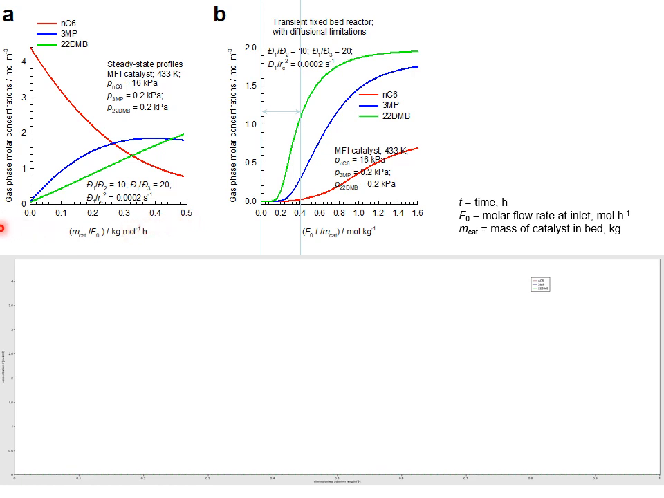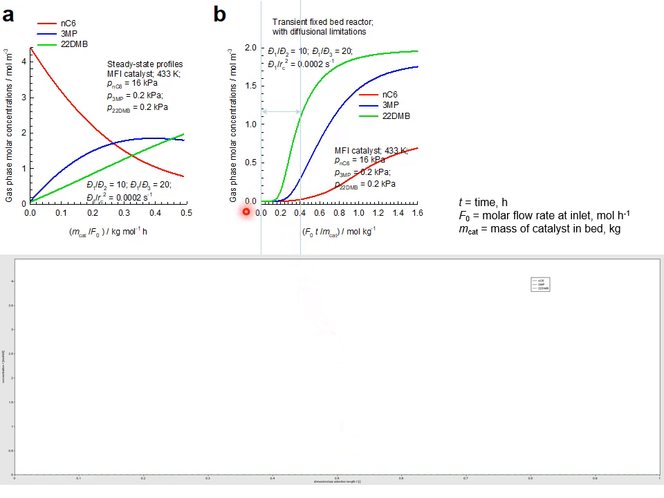If we wait for steady state to be achieved, the concentrations of the 3 components leaving the reactor are shown here. We have about 1 mole per cubic meter of NC6 and about 2 moles per cubic meter each of 3-methylpentane and 2,2-dimethylbutane. The advantages of the adsorption-diffusion synergy is best exploited by transient operations, and the graph on the